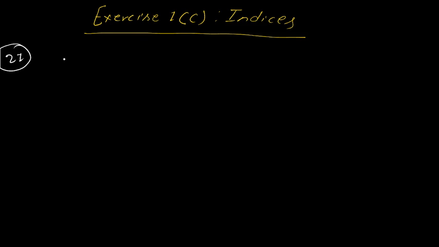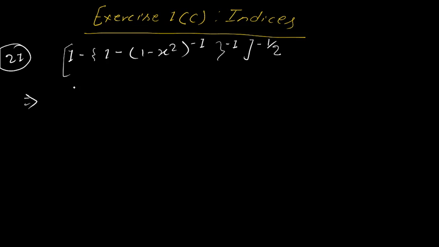Okay, question number 21. चलिए बेटा, so question is (1 minus x square) to the power minus 1, okay, this bracket is closed, to the power minus 1 and to the power 1 by 2 whole to the power. See, if you look, this question looks very big, but solution is very simple. Okay, you simply have to follow what? Follow the rules and steps.